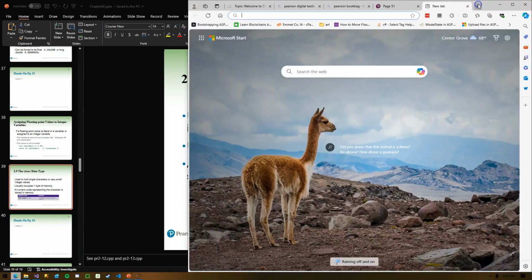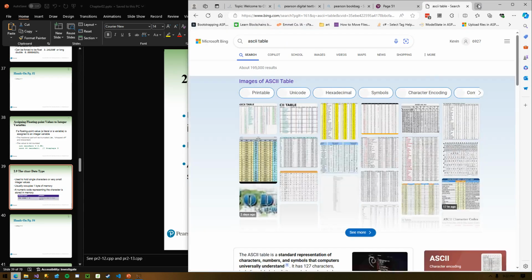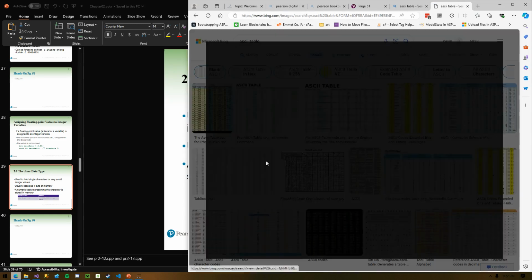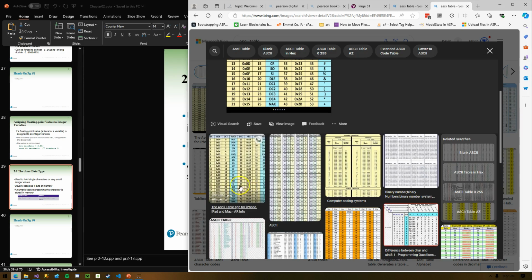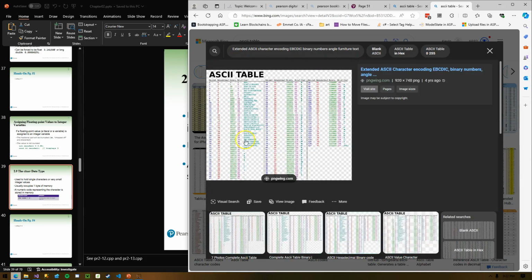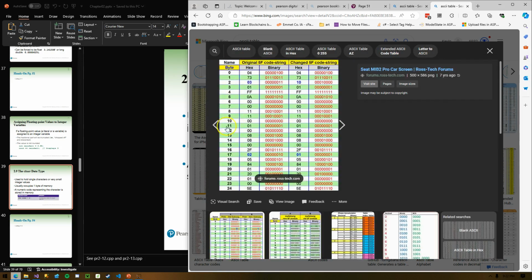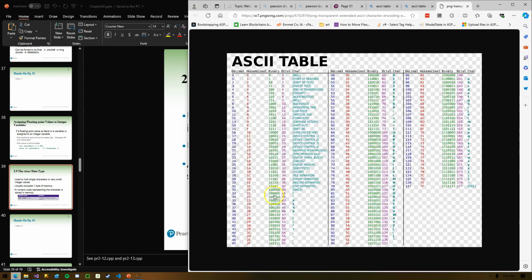That's something called the ASCII table. Let's find a nicely formatted one here. How about this one? How do I view the image? Here we go.